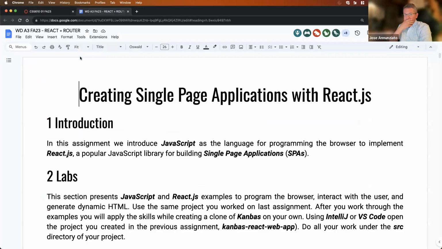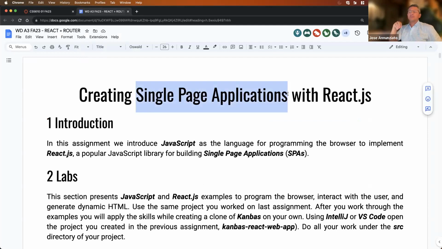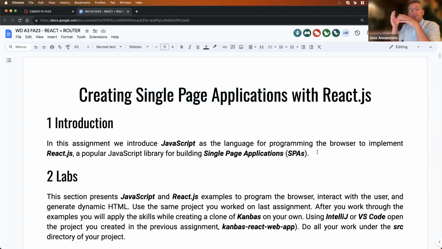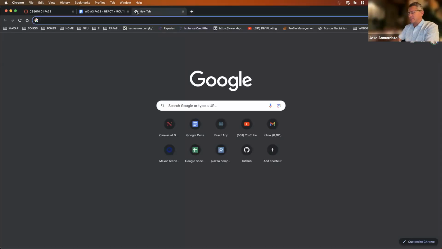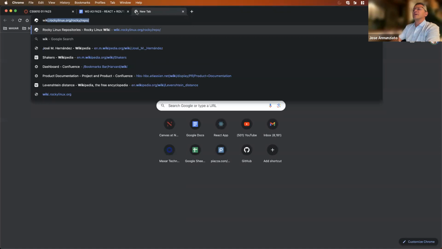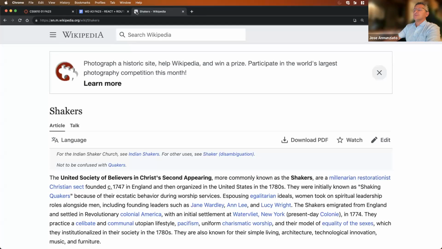Okay, so one of the aspects of React.js is that it is referred to as a single page application framework, or it's a library to easily build single page applications, or SPAs. And so the question, well, what is a single page application? Prior to single page applications, the normal mechanism for navigating between or building large applications was to have